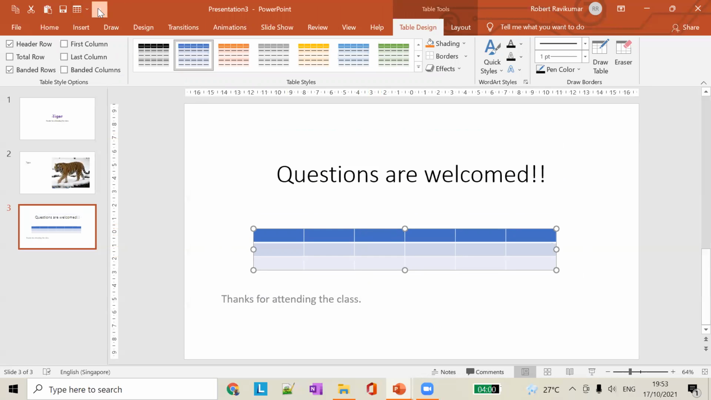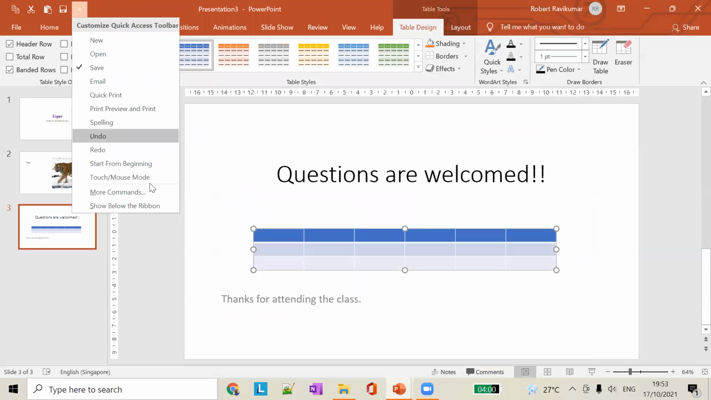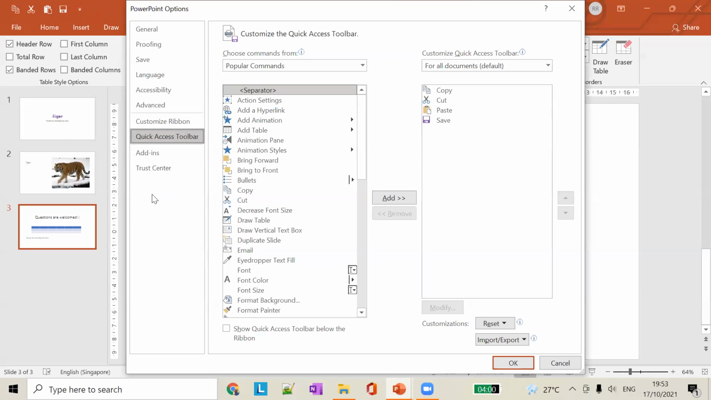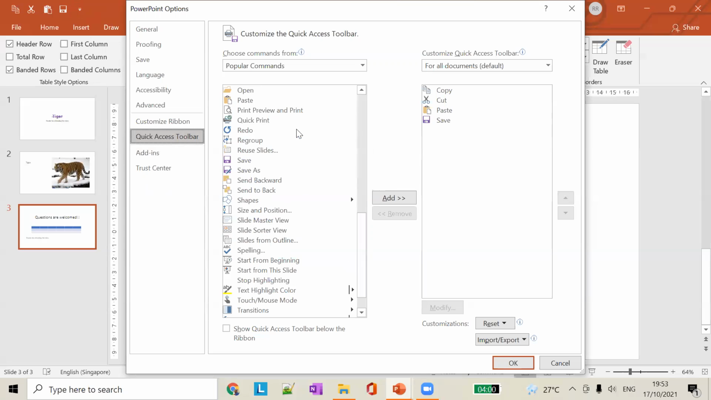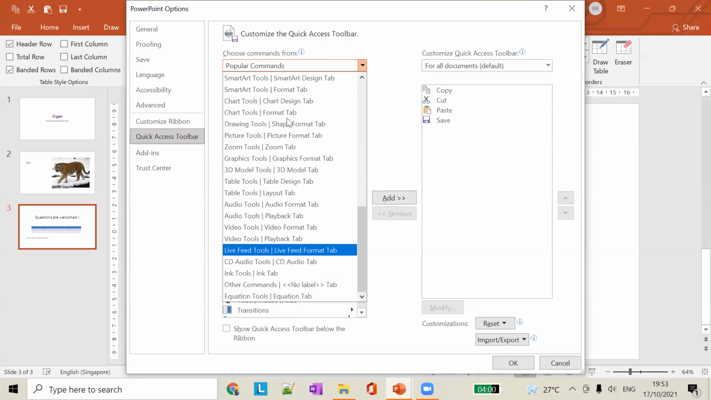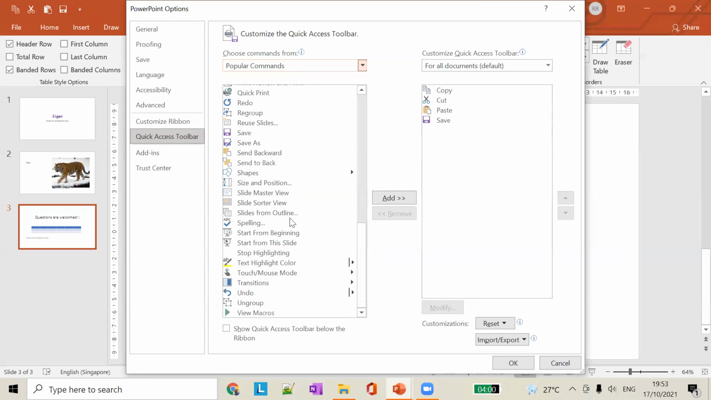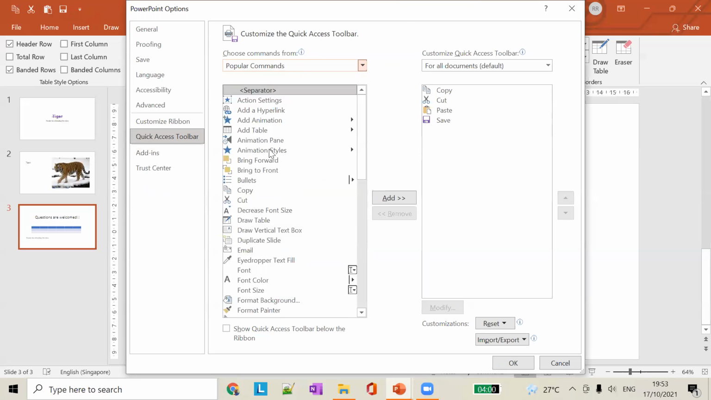So let's say if you want to remove it, you can also go and remove it. Go to more commands, click on the add table, click remove, and click OK. You can see it removed. Okay, so similar to this, you can add a lot of different commands that are available. Okay, so if you see all commands, popular commands, there are tons and tons of ways to filter these commands. So you can say popular commands and just say bullets. You can add, then we can add